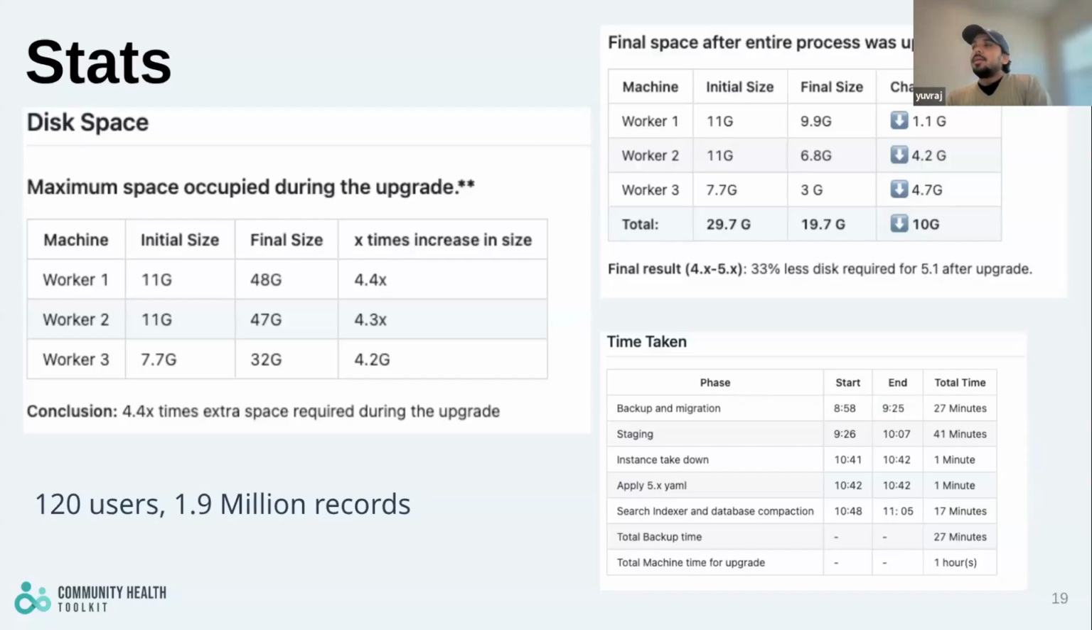And this time taken may or may not be related or useful, but I have tried to put it here as well. And so you can see the staging took us 41 minutes. And after the 5.x YAML file was applied, it took us 17 minutes. And in total, you can see the actual time taken for the upgrade was the staging, instance takedown, and applying the 5.x YAML, and